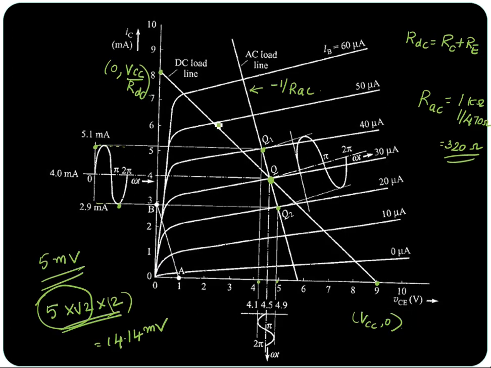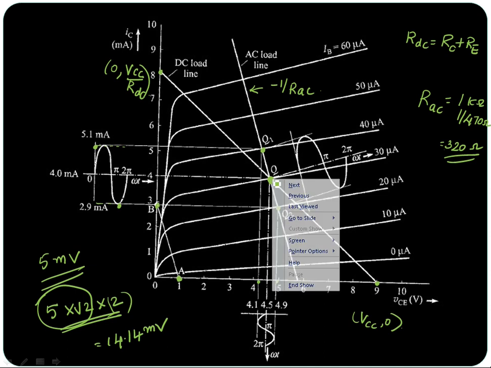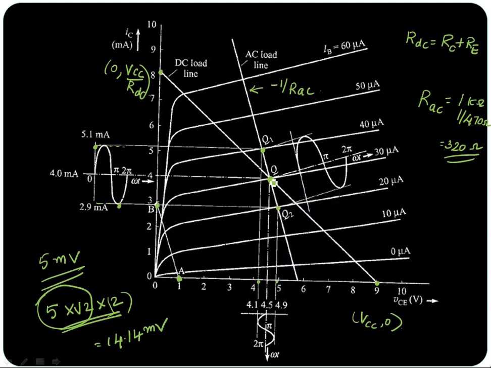Okay. So this is nothing but in addition to the DC load line, you have to plot the AC load line. So this is what you get from these parameters, and you are shifting this so as to pass through the Q point, which you have marked for the DC or quiescent condition. So you have to shift this AB with the same slope so as to pass through Q. That is the only difference here.